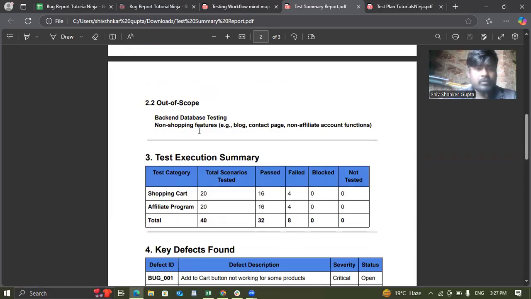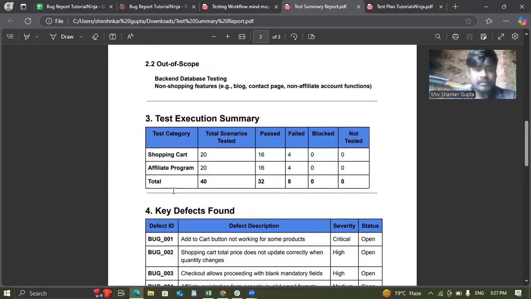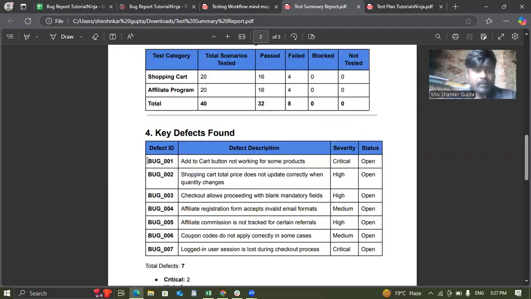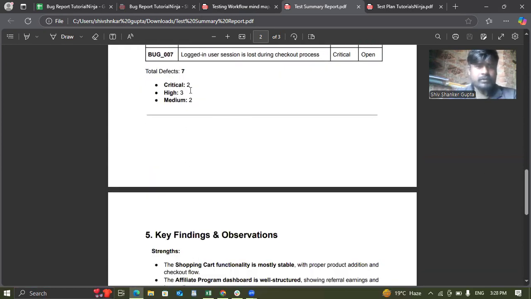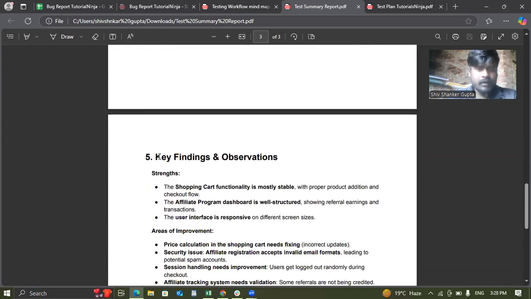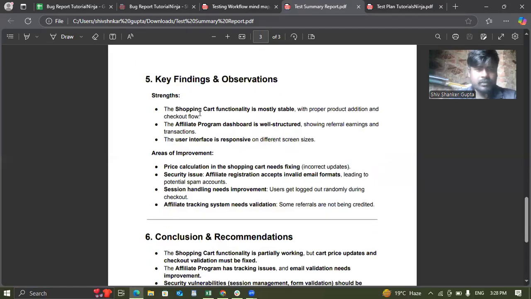testing, non-shopping features such as the blog and contact page, and non-affiliate account functions. Test summary: categories, total test scenarios, tested, passed, failed, blocked, not tested for shopping cart and affiliate programs. Total key defects found: defect ID, defect description, severity, status. Key findings and observations. Strengths: shopping cart